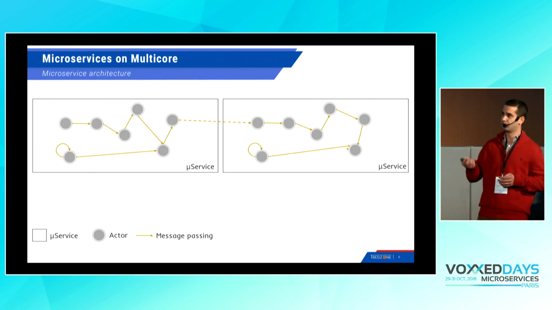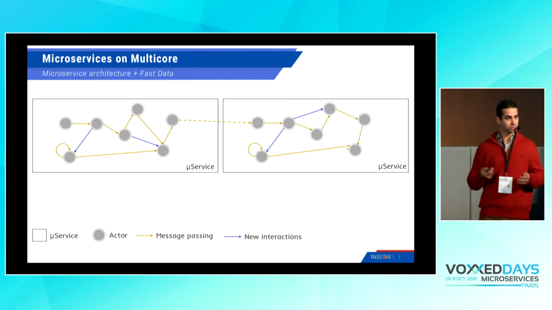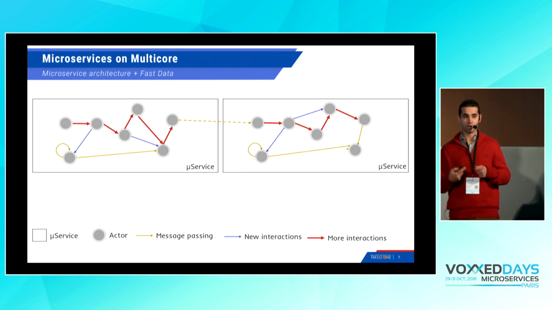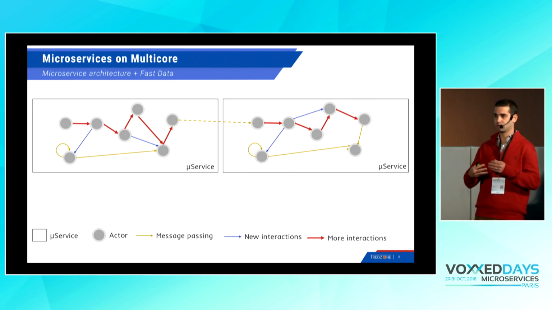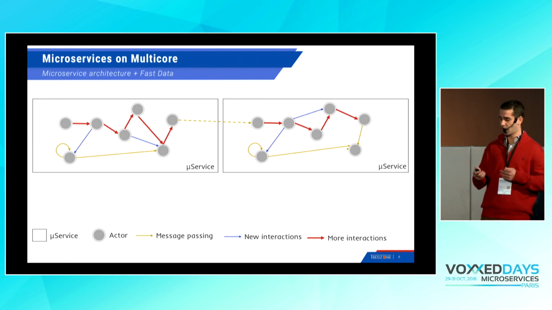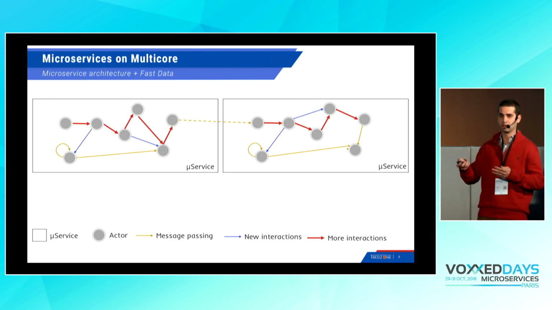So how does this impact the architecture? We move from an architecture that is like this. We add more interactions with fast data, and not only more communication, but we will have unbalanced communication between the actors. We can have some critical paths that are communicating at a very high frequency, and other paths that are communicating at a smaller frequency. And this means that there are more challenges to schedule these actors on multicore, and to be sure that we'll have deterministic performance at the end.